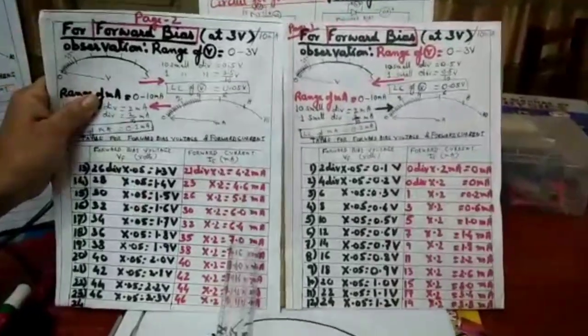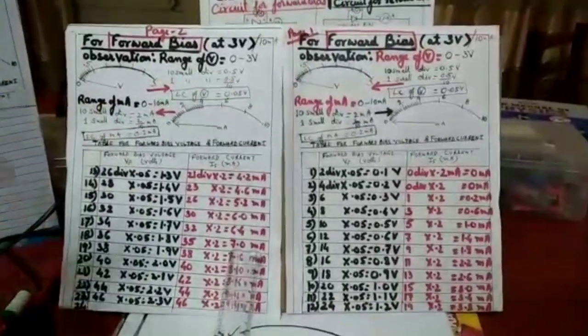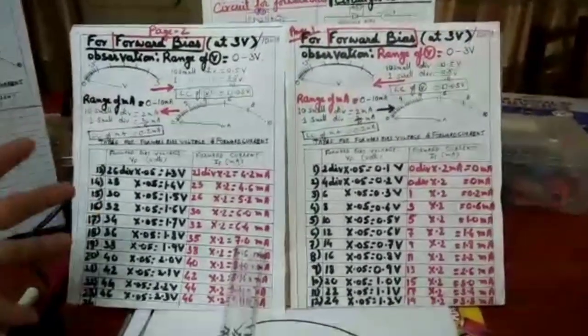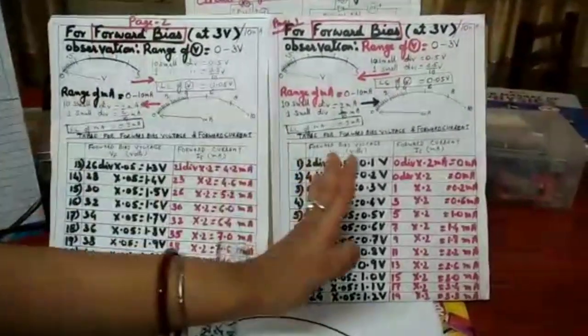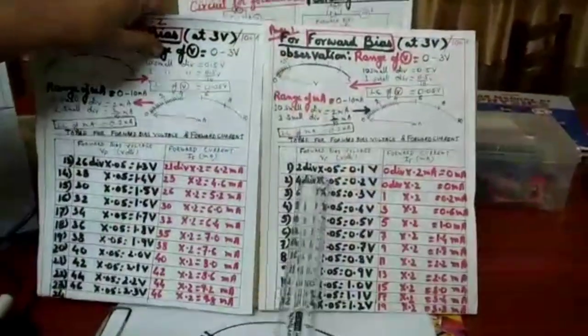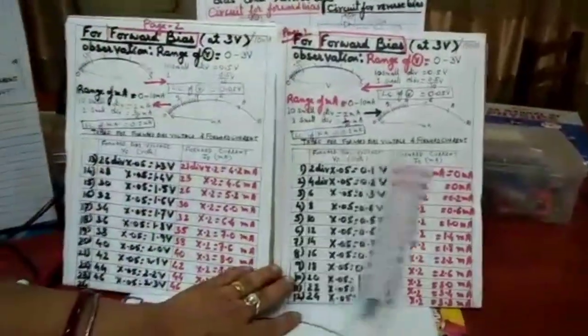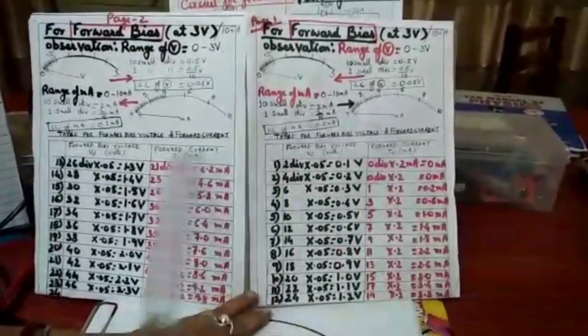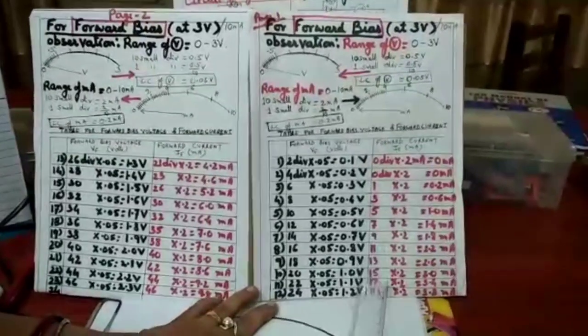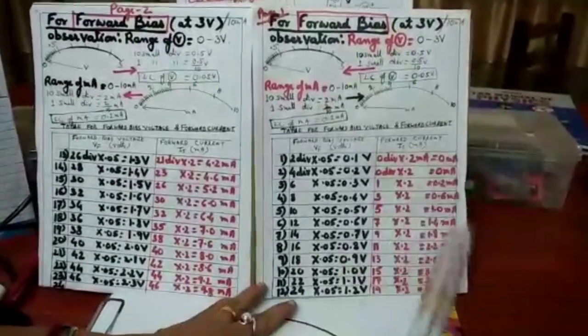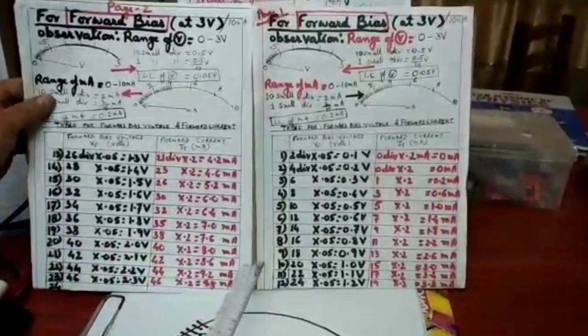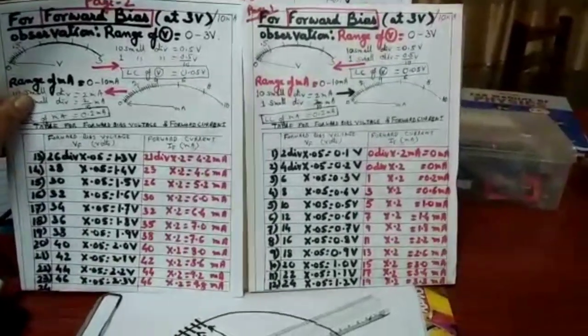Now what I am supposed to do is, I am not supposed to take the divisions, I am supposed to take the reading. So for converting the divisions into readings, I will multiply the divisions by the least count which I have found here. So the least count is 0.05 for the voltmeter and 0.2 for the milliammeter. So here I multiplied and ultimately I got these as the voltmeter readings and these as the ammeter readings. Okay, so now I have to plot a forward bias graph with these readings.